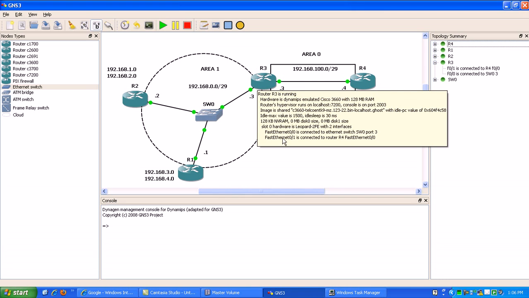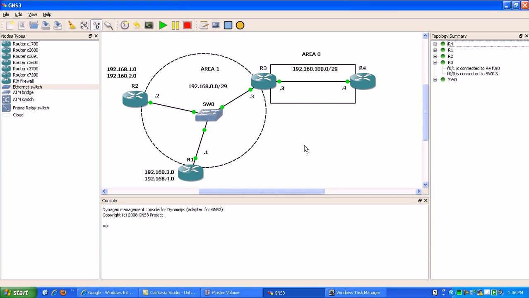The summary-address command is used to summarize routes that are external to the OSPF routing domain, and the area range command is used for internal routes within OSPF. So what we're going to be using, if you haven't guessed it, is the area range command,